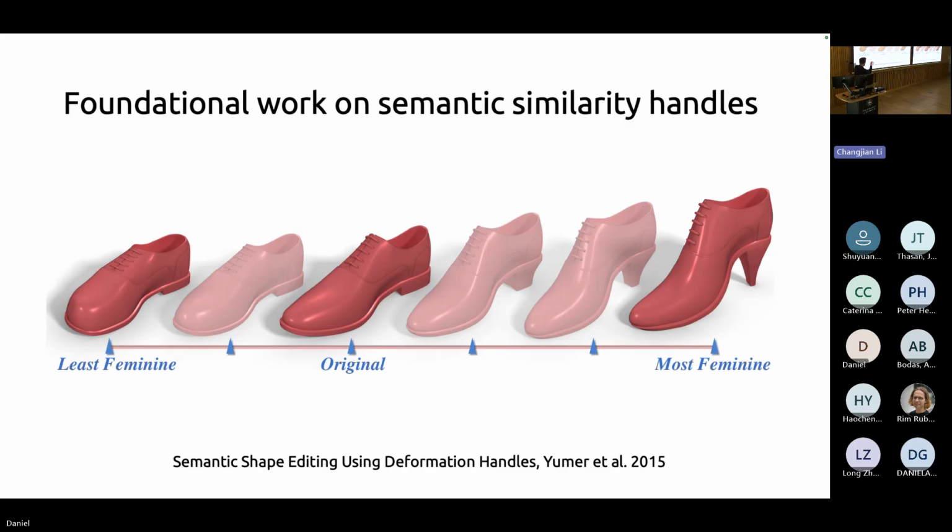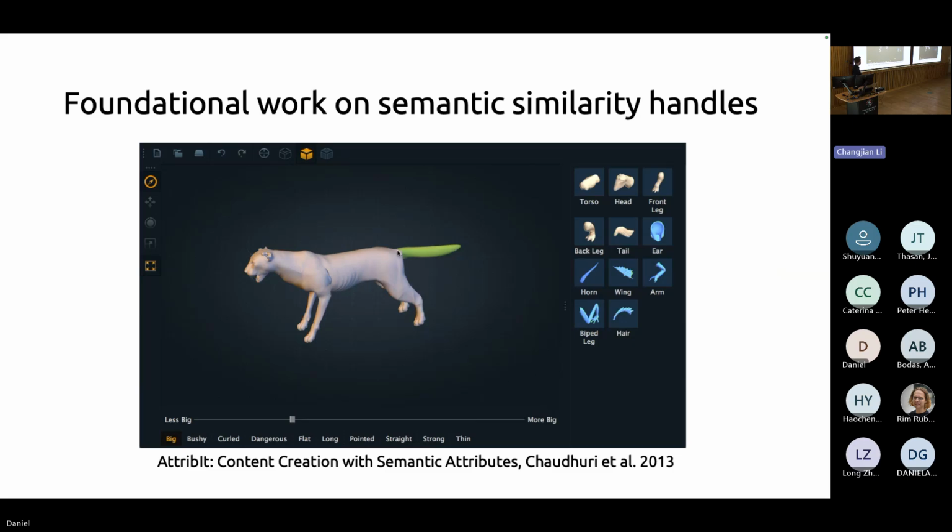This image is only showing a set of discrete steps, but this is actually a continuous deformation space, and you can actually vary the design along that axis. There's another example. It's actually even a little bit older, which is doing discrete variation of parts. And I like this. I'm going to play this little video. I like it because it also explains a little bit about how the system works.